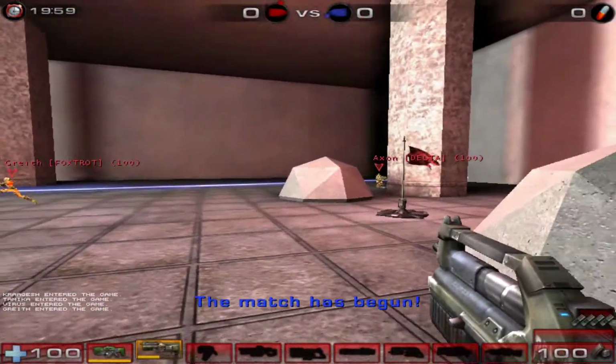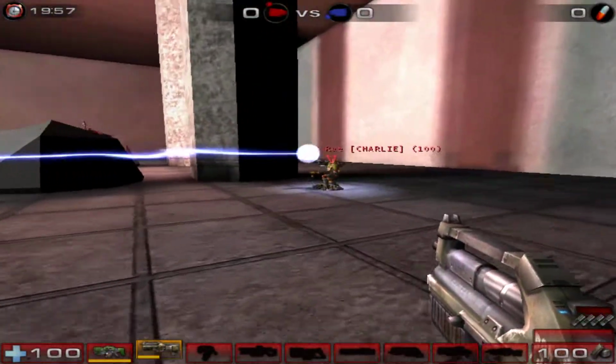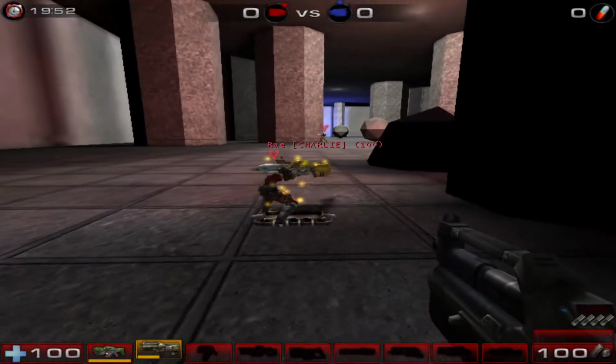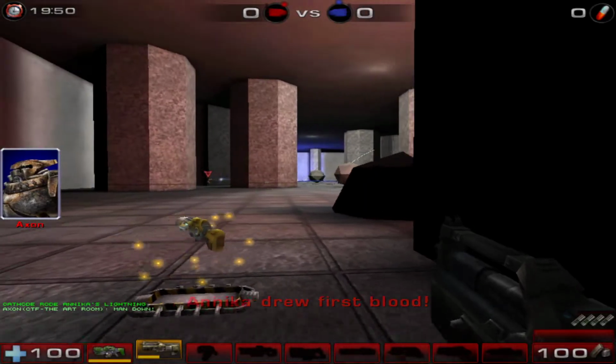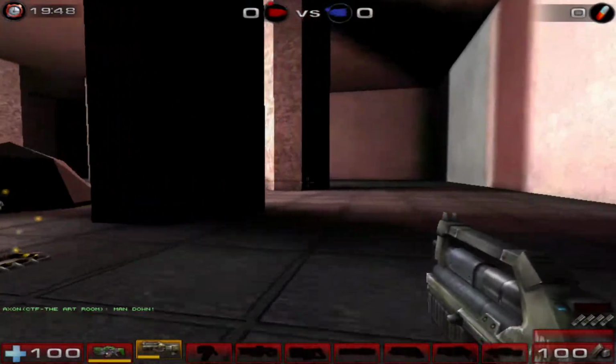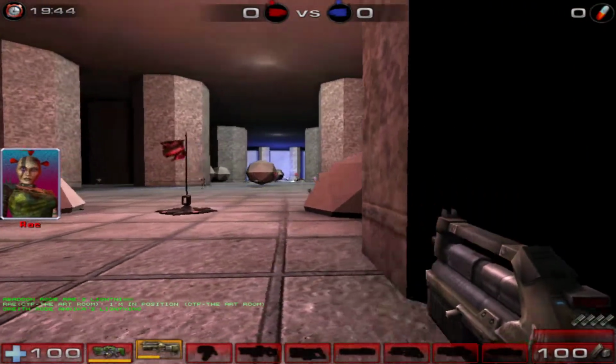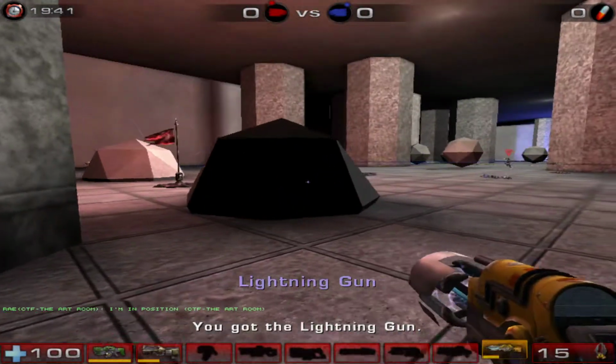Play. Okay, well they already moved, but yeah. So one person would sit here, and let's say they spawn in and they would camp the lightning gun from wherever they're standing. So you could have people set up for defending,